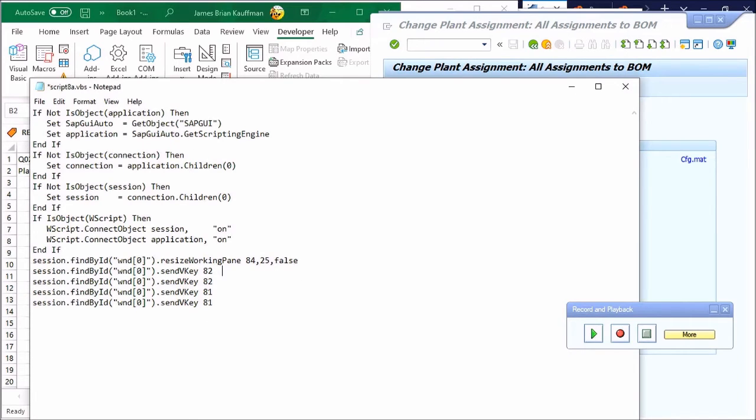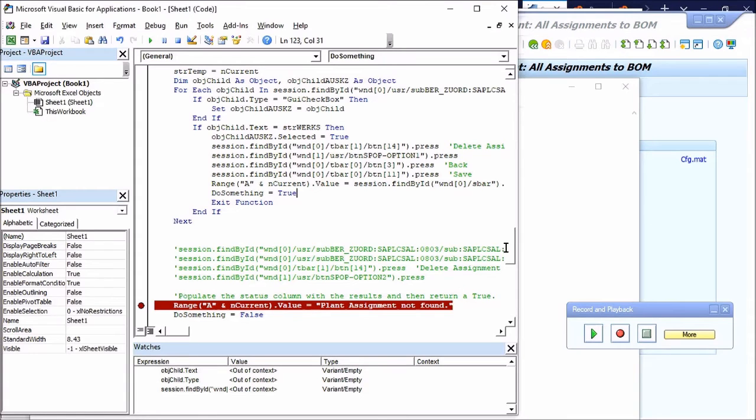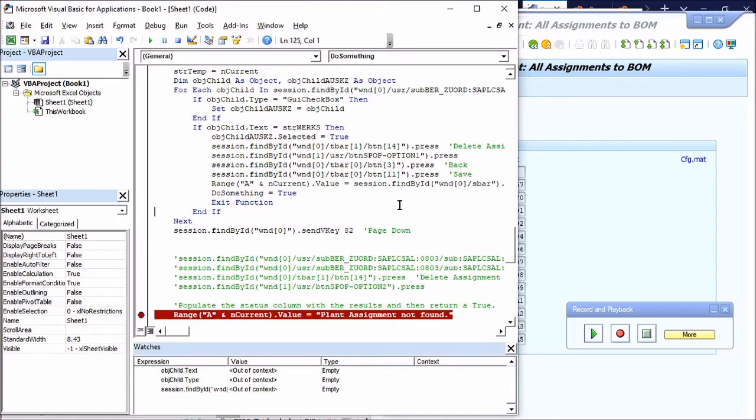Okay. All right, so this is page down, just like that. All right. So we're going to have to put in a little bit of logic in order to figure out when we've hit the bottom. All right. So I'm going to put this here, and